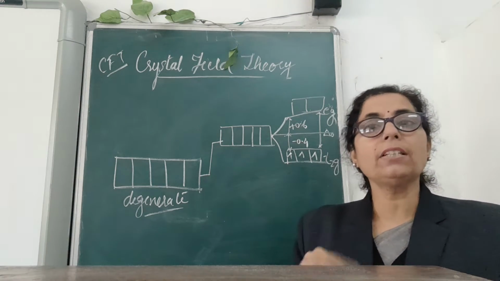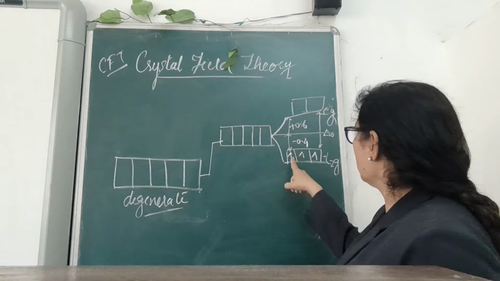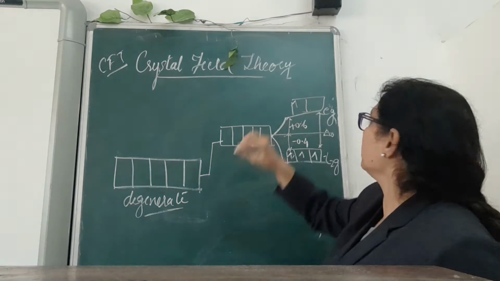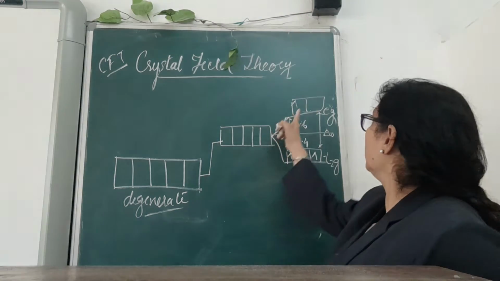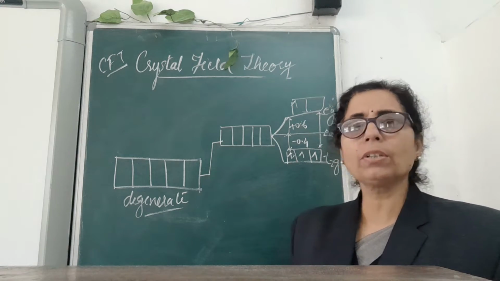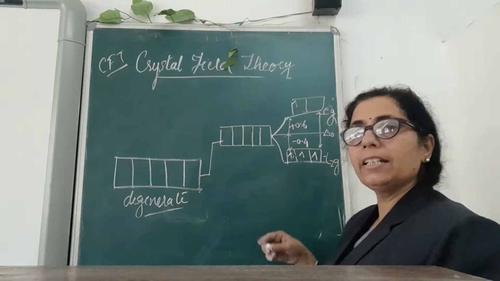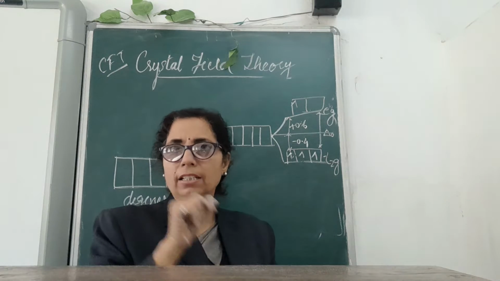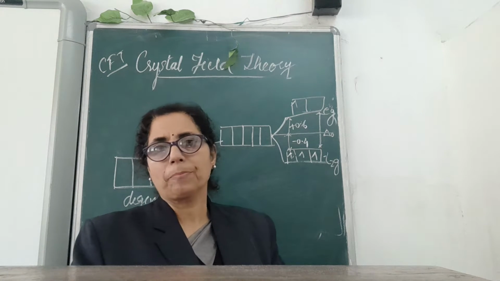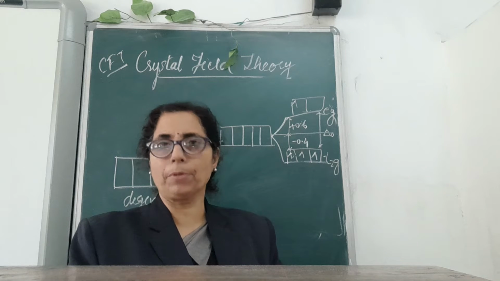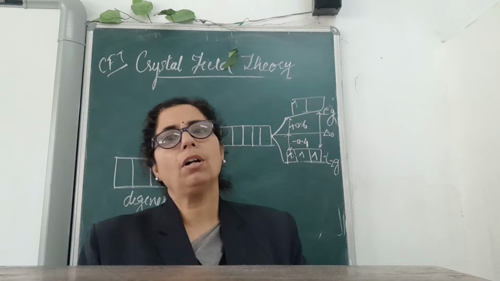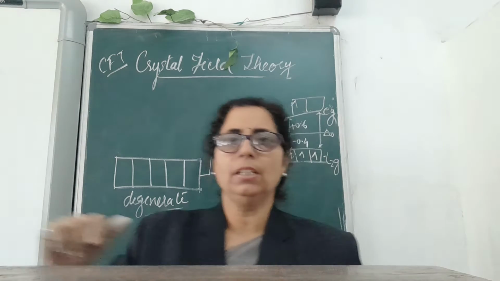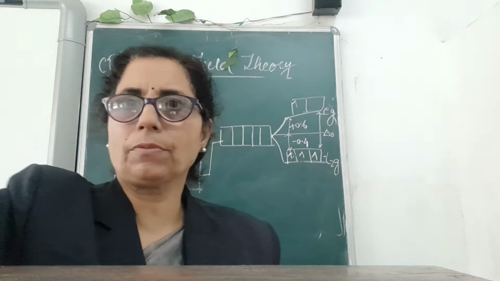Now the problem arises when the 4th electron comes. The 4th electron either will come and form a pair in the lower energy level, or it goes and gets its position in the upper orbital level. Now why does this happen? Whether it is pairing or not pairing, giving a single unpaired electron in the orbital, depends upon the type of ligand that is approaching, whether a strong ligand or a weak ligand is approaching. This we will study with the help of one table that will help you understand this concept very well.